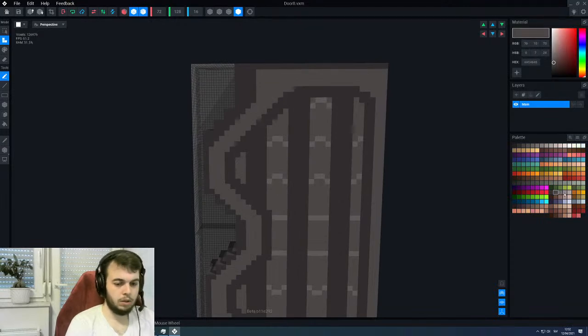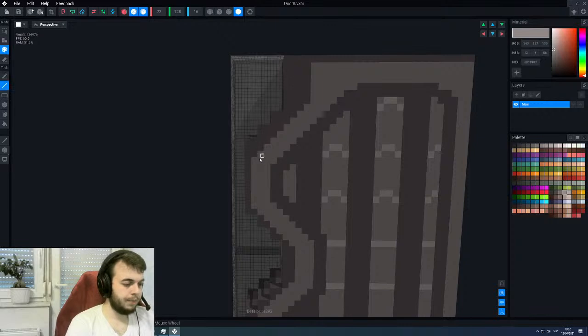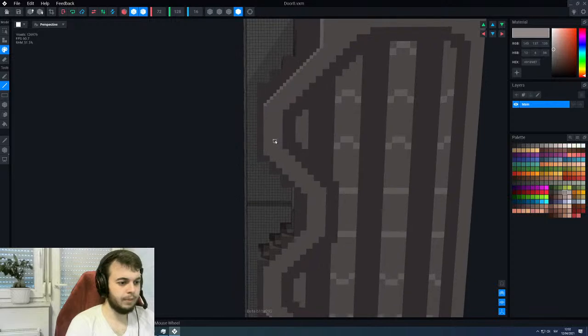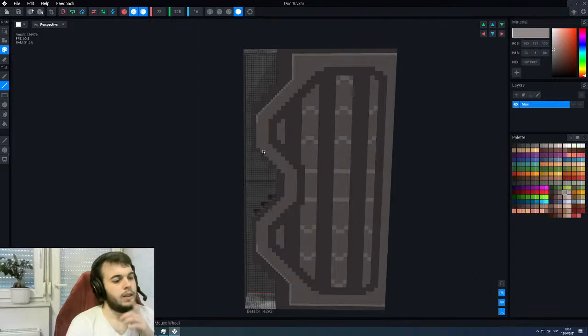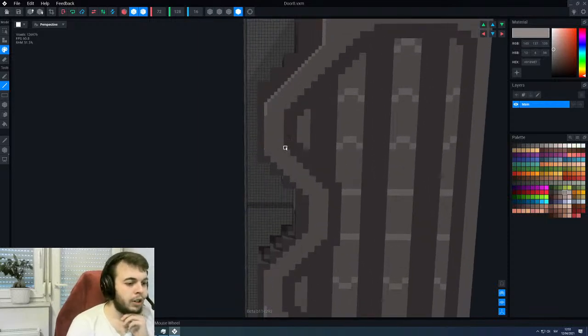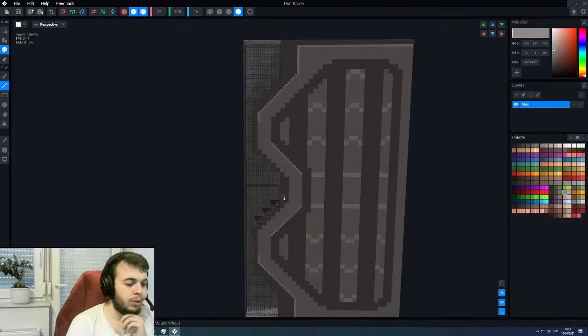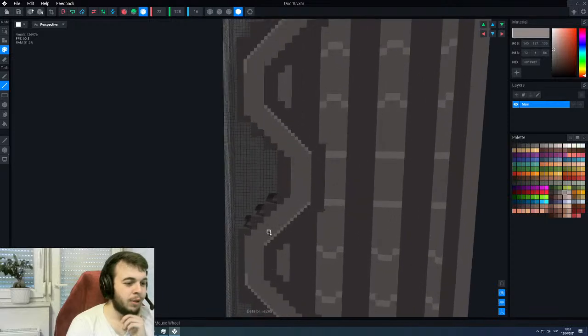So maybe we can add some highlights here. And then maybe we can try to be a little cheeky and then do the highlight on this side. And maybe we shouldn't be mirroring that. Okay, so let's get rid of the mirror. So we can do